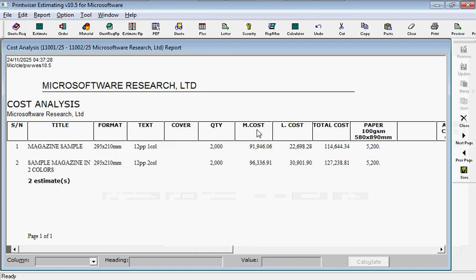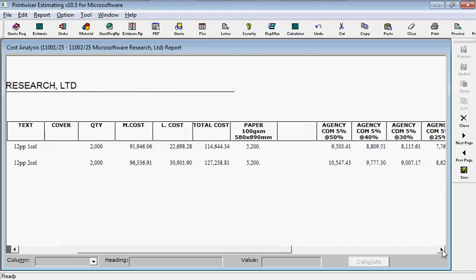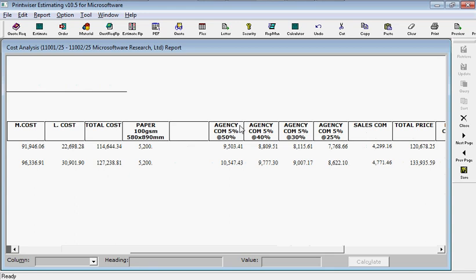Then we have the material costs, labor costs, total costs, paper, and then we have the agency commissions and markups. So agency commission of 5% at 50% markup gives you this value. 5% at 40% markup gives us this value, and so on. So the agency commission and the markup combinations are given. Then you have the sales commission,